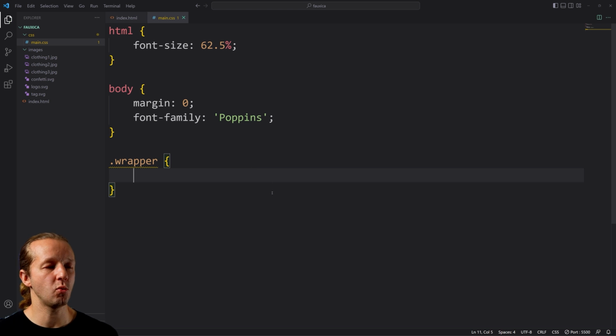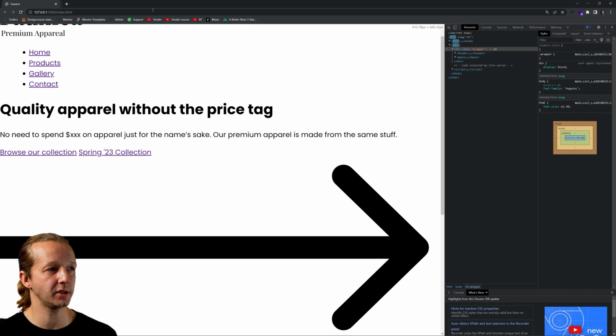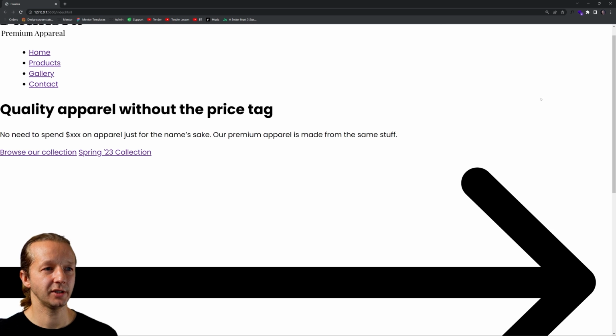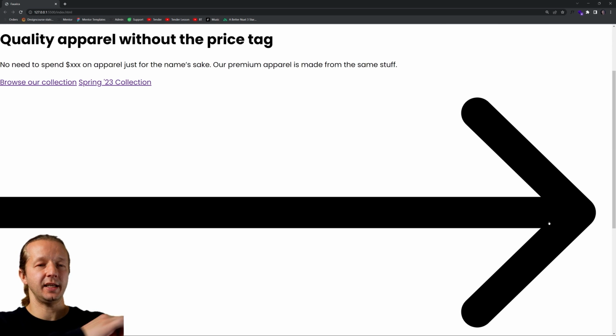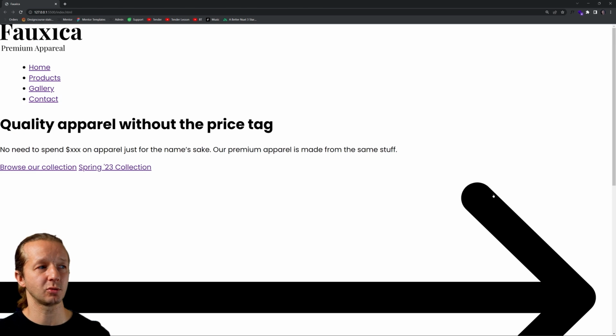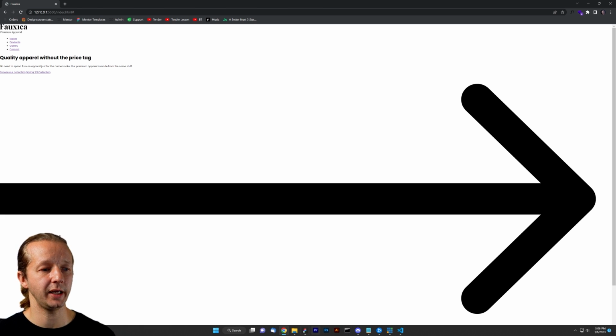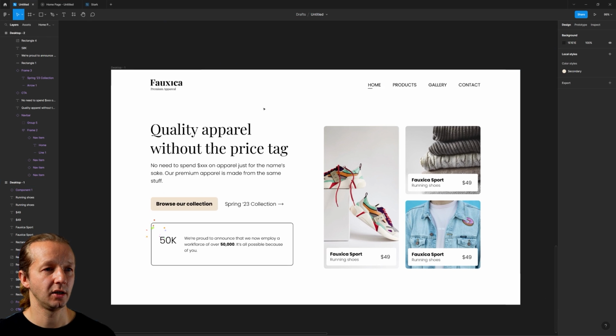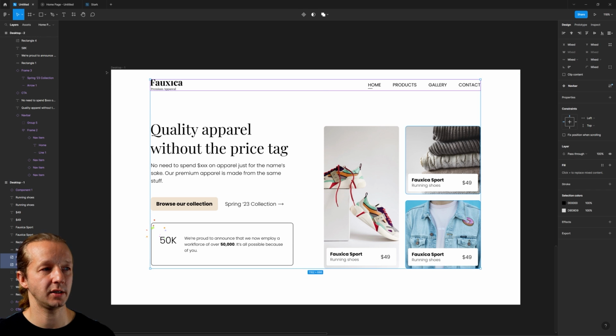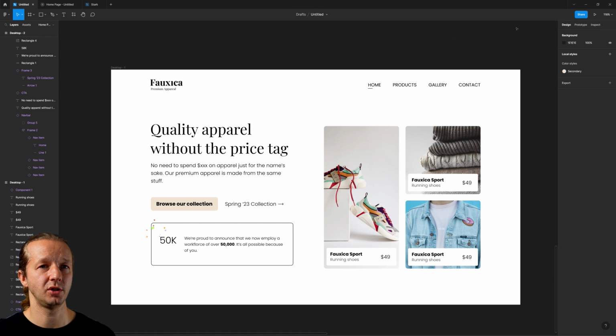And the reason we need wrapper, and I tried to explain it before, is because to a certain point, let's close that out. Notice how everything is consuming the entire width of the browser. And I'm on a 4K resolution monitor right now, so it's real large. And I'm also zoomed up, so let me reset that. Okay, there we go. And so this huge arrow is letting us know that wrapper is doing nothing. What we want wrapper to do is what we intended in our design. We want white space over here to the right and the left on desktop. So to do that,